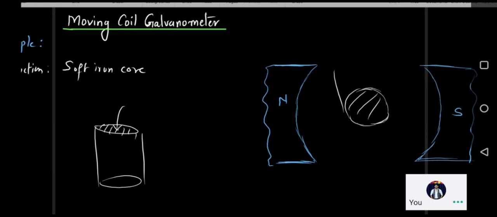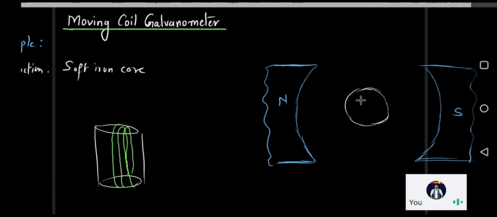Now if I place this like this, the wire will be wound something like this. It is going to be wound like this. It will go behind, it will come like this. It will be wound like this, it will go behind, and be wound like this. So basically you will be holding that cylinder and winding the wire something like this.